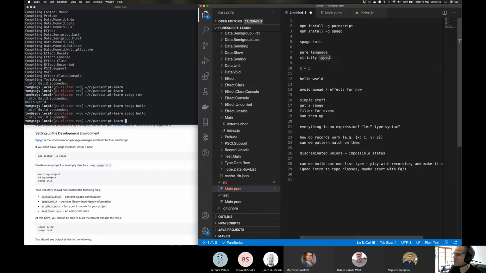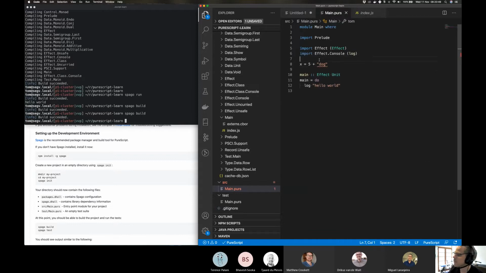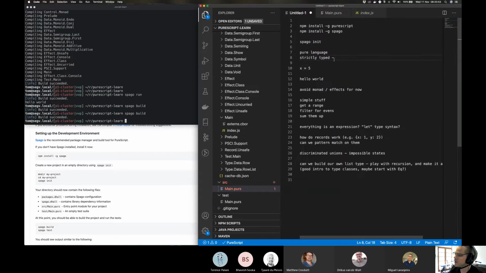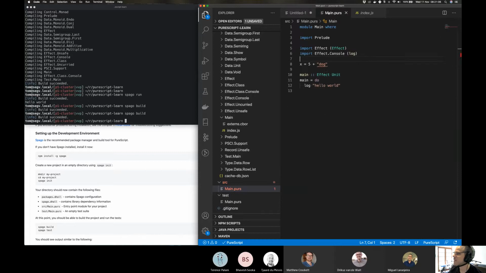So it's strictly typed, but interestingly, it can infer types. So don't confuse those things. It's strictly typed, but also what would you call it? Implicitly typed. Does that make sense?